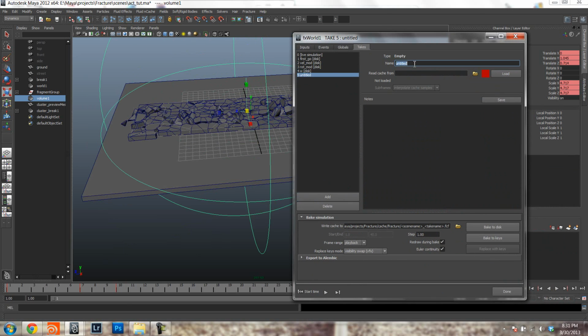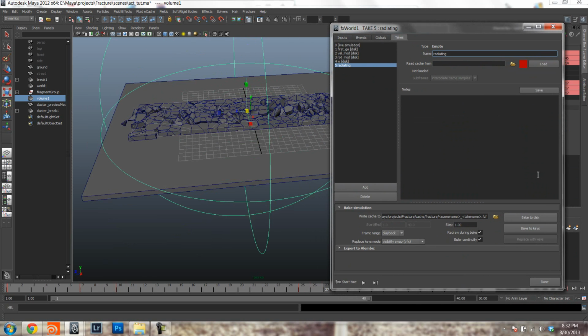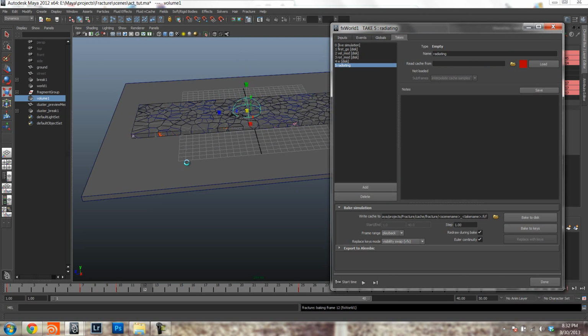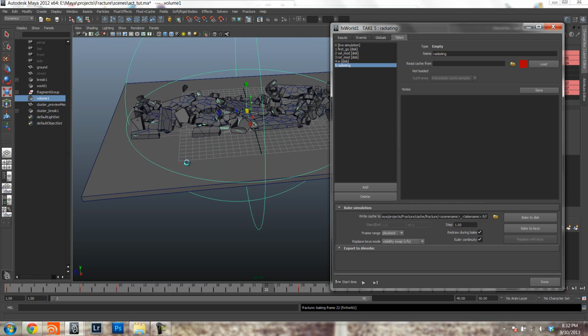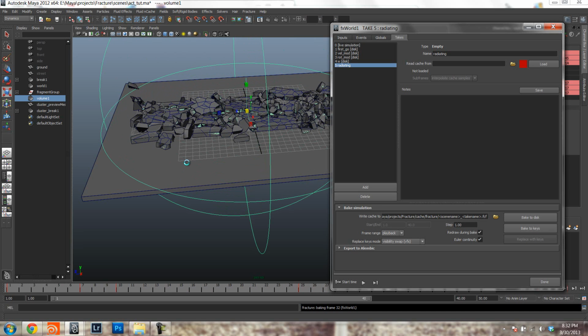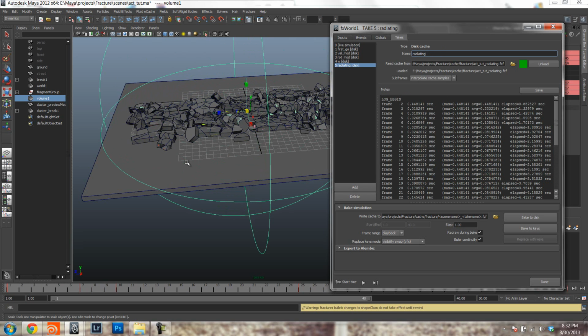Let's call that radiating. And let's sim that. So see what happens. It's going to go down. And there we go. And just like that, it's super procedural, super easy, very easy to get fast iterations out, very easy, very powerful to address nodes, because